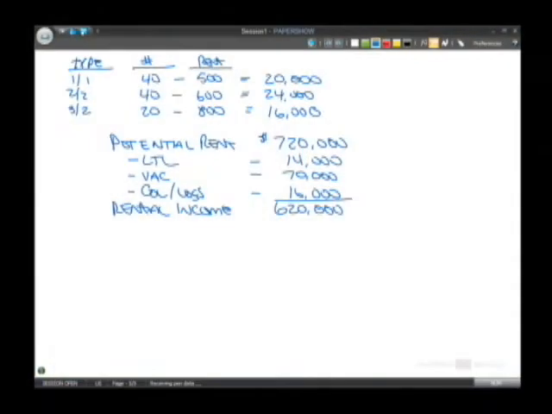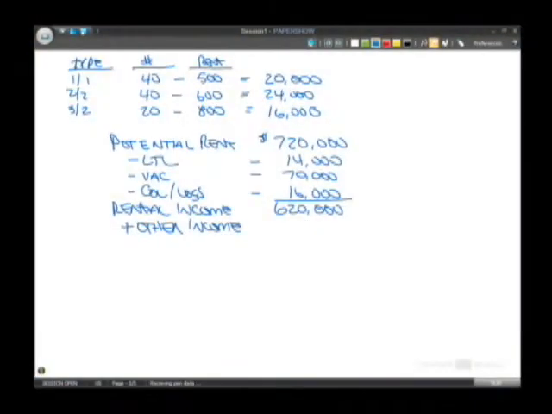But that's not all our income sources. We also get income in other ways. We lump these together as other income. Now, our other income can be application fees, laundry income, vending income, late fees, administration fees. You could charge back for utilities, for water, for electric, for gas, for trash. You can have any type of fees you want. You can have pet rent, non-refundable deposits, anything you want to collect more income. We'll lump those all together in other income,